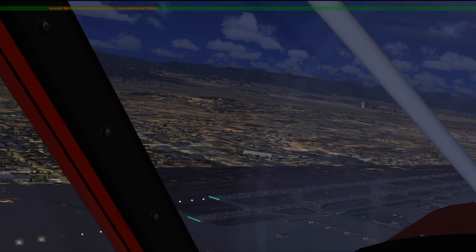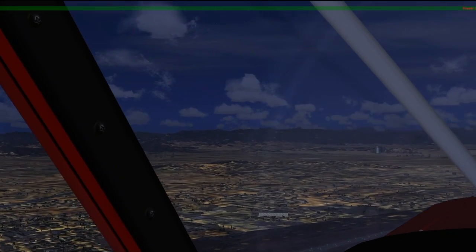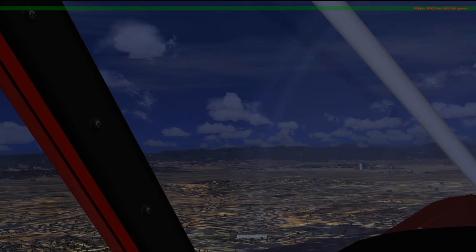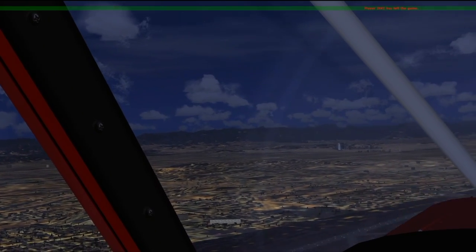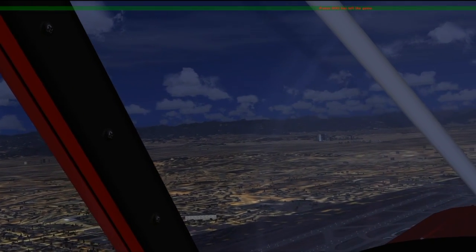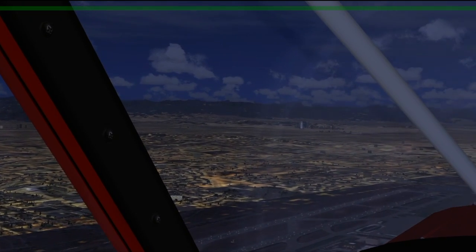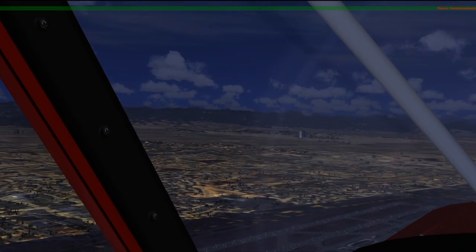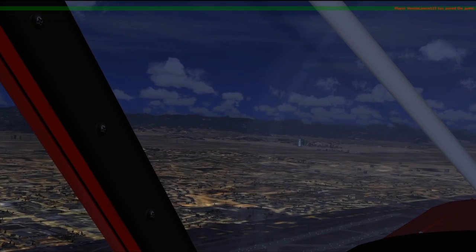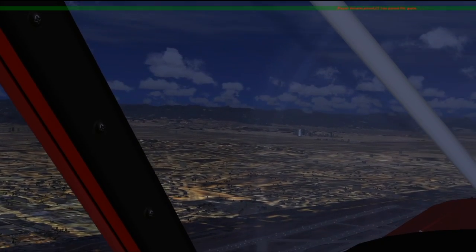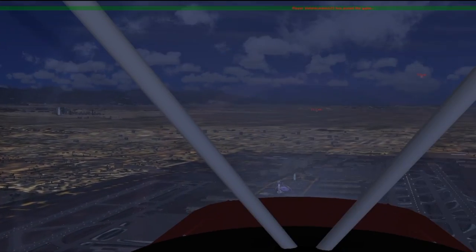Okay, since we've straightened out there, we're just going to be cruising as we learned. You don't really need to look at your altitude that much. For the most part, you just need to look at